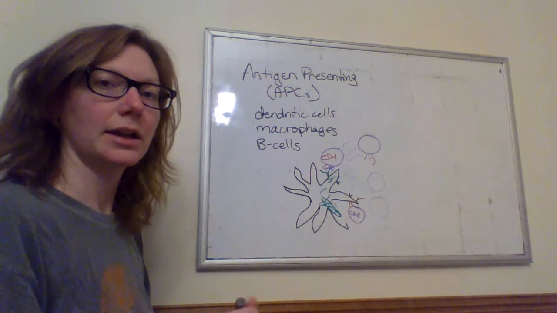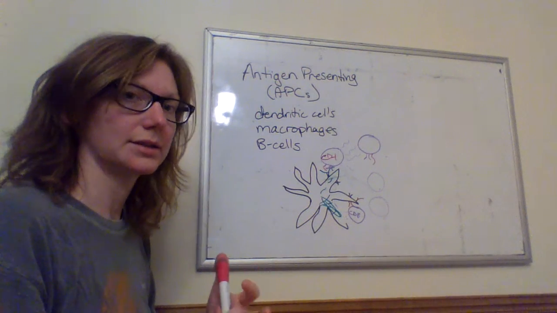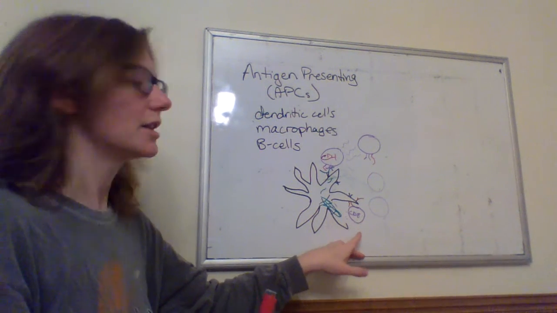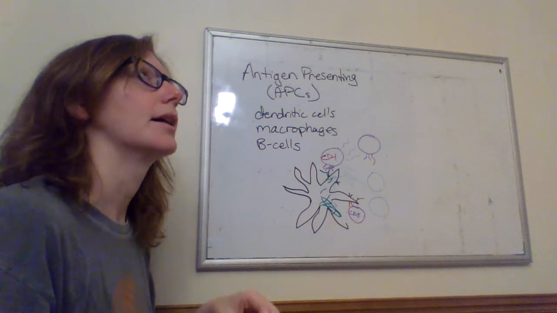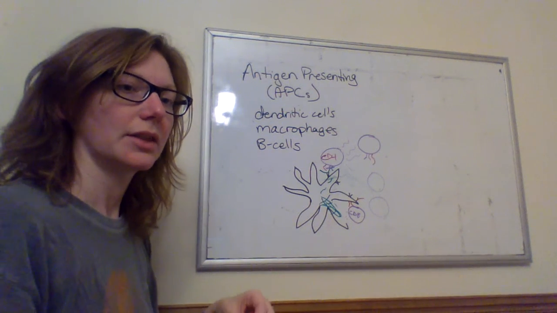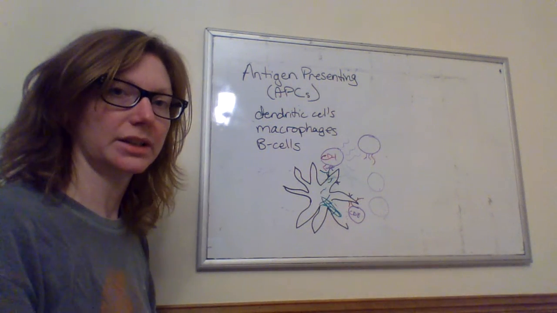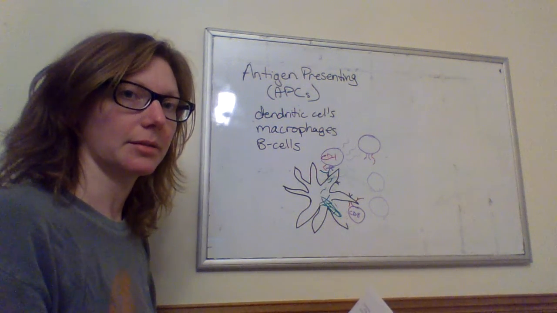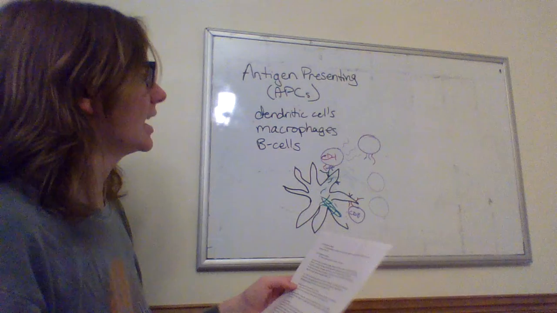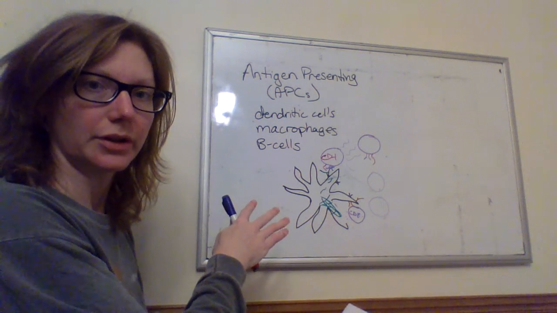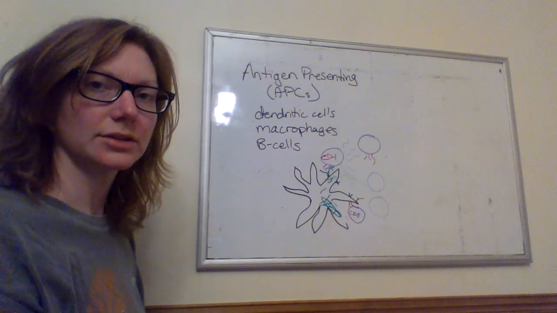So these CD8 ones are called cytotoxic T cells, and they are really the ones that can actively destroy bacteria and viruses. They let out the sort of toxic stuff that really disables the pathogen. So that's a very brief overview of the CD4 and CD8 T cells, as well as the antigen